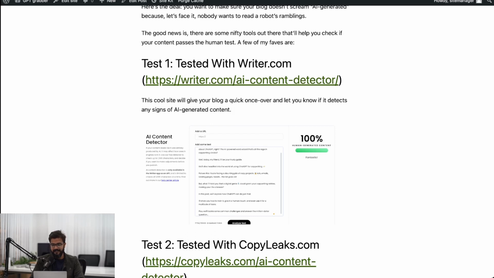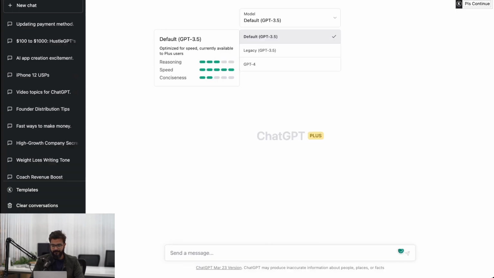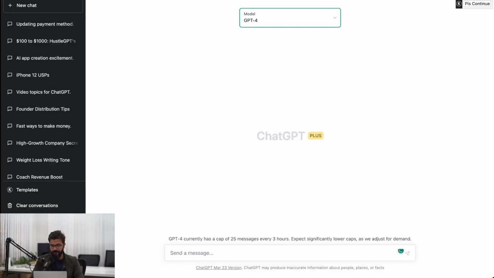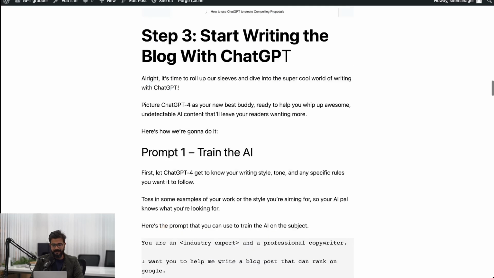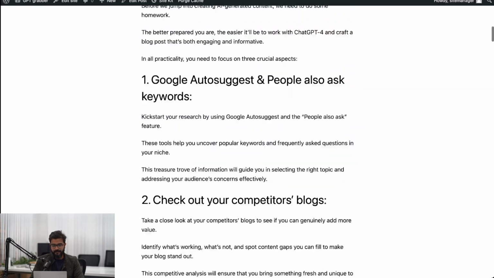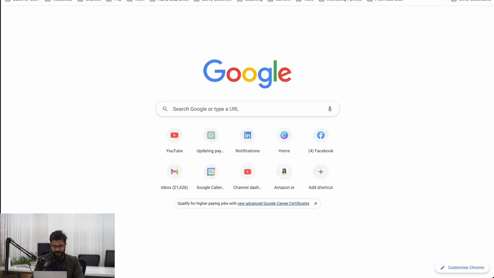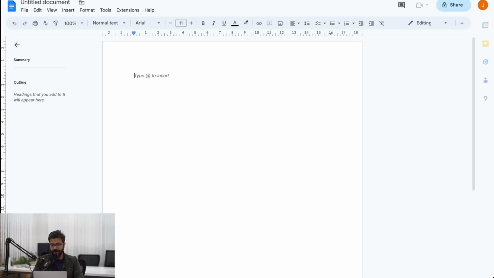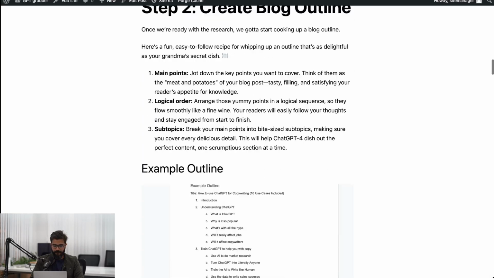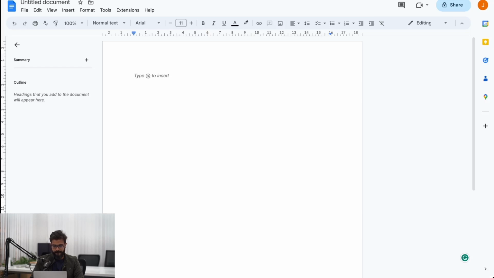So let's get started. I have created this ChatGPT window. I'll use GPT-4 because this is by far the most advanced one. The first thing that you need to do is to go ahead and do some research. So if I open a new document here, let's say I pick a topic called how to write emails using ChatGPT, or let's say I would put how to write cold email, more specific,